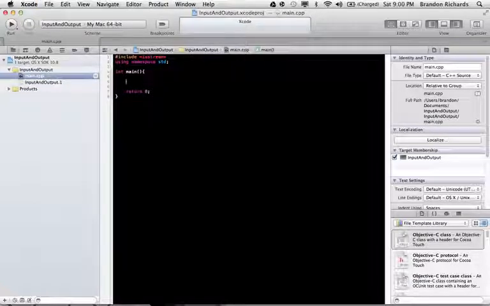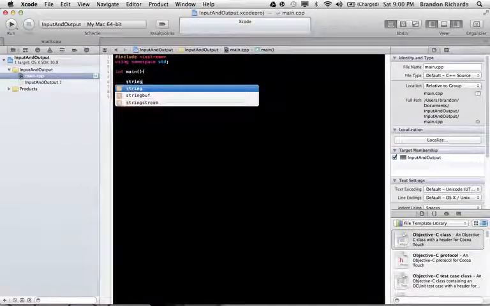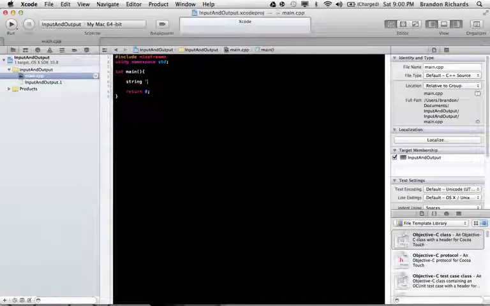Now, what we're going to do in this tutorial, as it's called, is input and output. So first, we can create a string. Now, a string is anything inside quotes like this. This is a string. 25 inside quotes is a string. Anything that is in double quotes is a string. So we're going to create a string